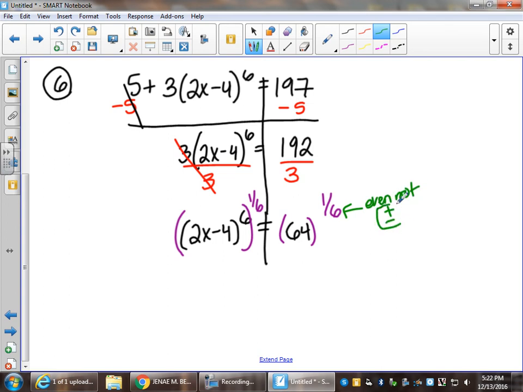I know I'm going to have a plus minus happening here. 2 answers are going to come out of this. So 6 times 1/6 is gone. I get 2x minus 4 equals